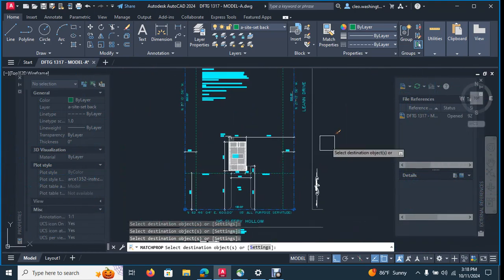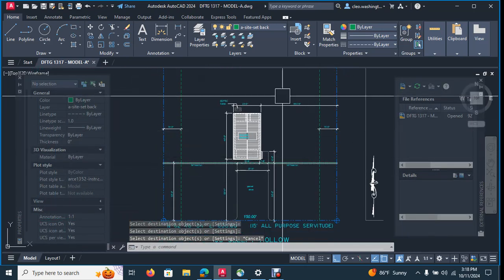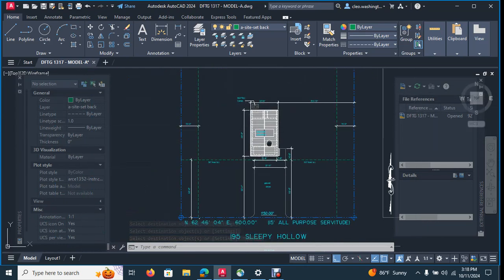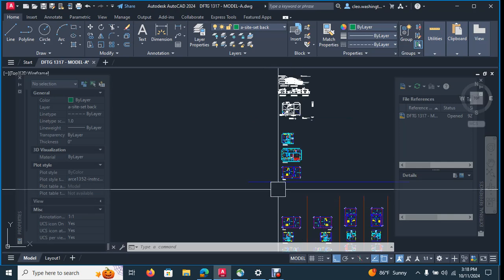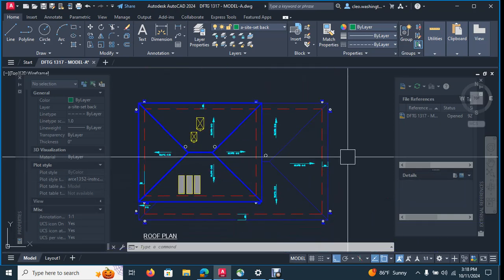All right, so now that we have everything drawn, the only thing we're really going to change now is we're going to take out all of these dimensions, okay? And we're going to bring our building down. And what you want to do on the site plan, you always want to show the roof plan, because the site plan is basically like you being in a helicopter 50 feet in the air and you're taking a picture from